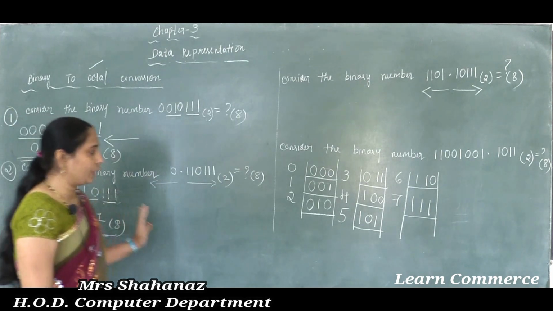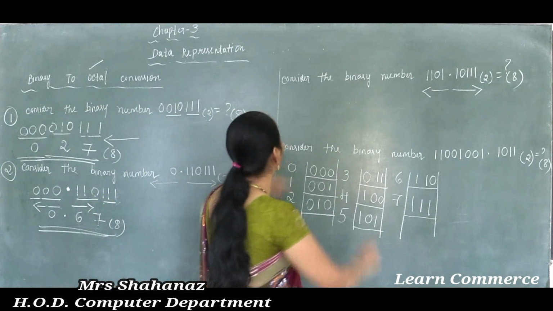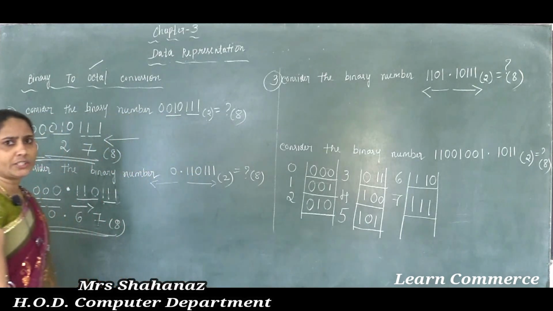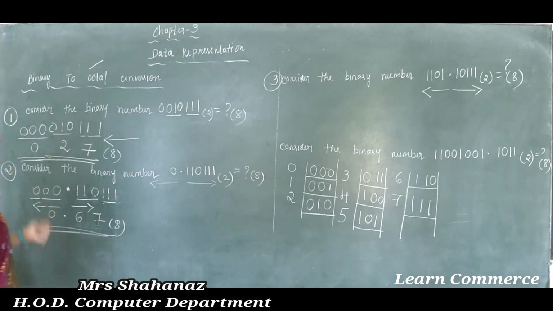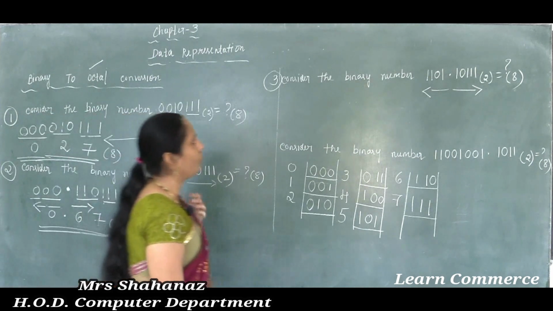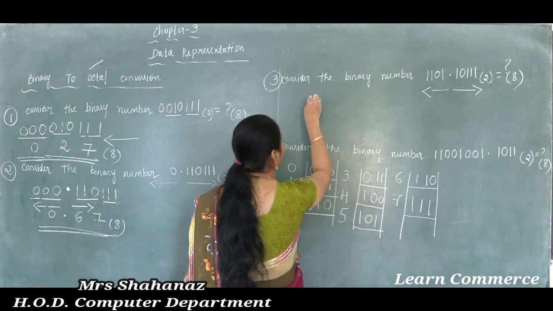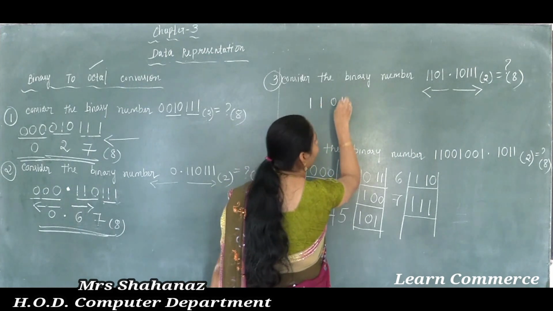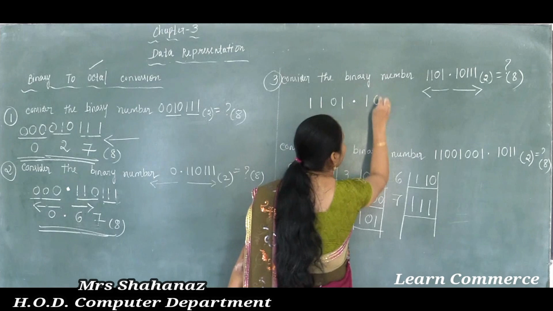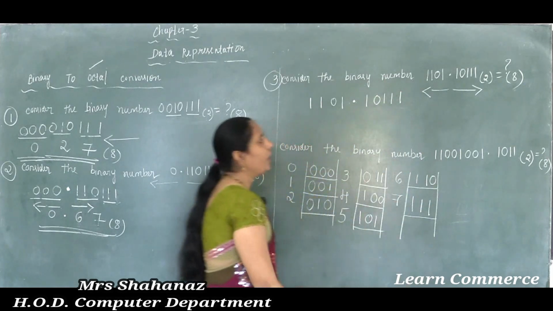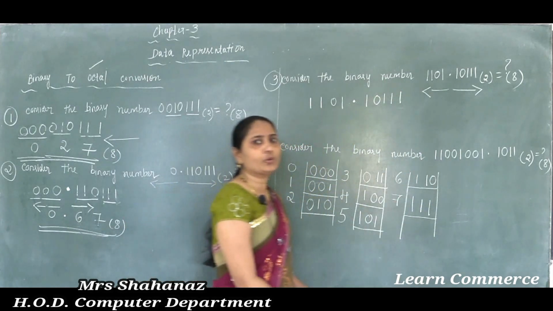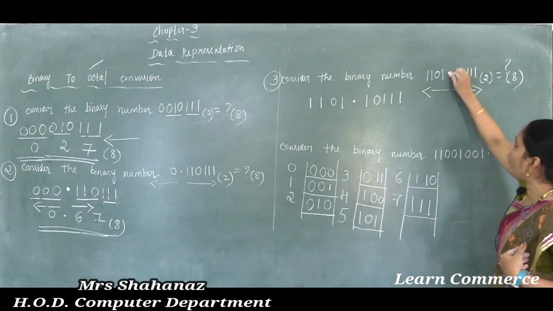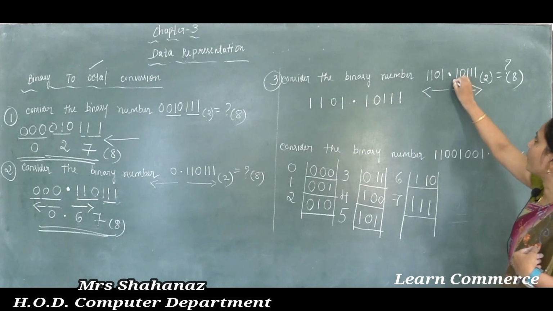Okay, now after completing the second question, let's go to complete the third example. Just no changes in conversion. The conversion name is binary to octal conversion only. Now in this conversion the question is: consider binary number 1101 and fractional part 10111. Correct? I already gave the arrow showing how to move, in which manner you need to move. That means we can say that for fractional you need to select from this point. Correct?